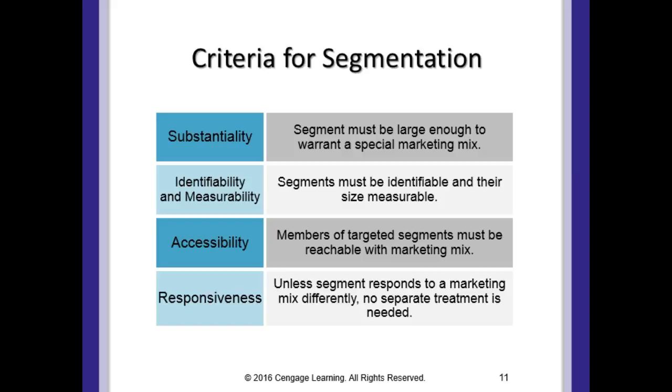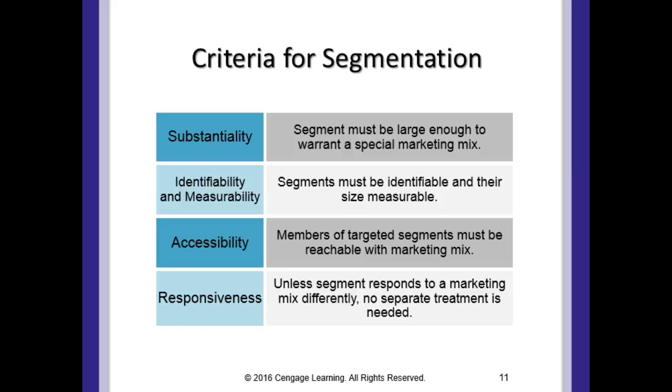So you can see exactly how each of them are broken down there, but just remember that the reason that you're segmenting markets and using these criteria is so that you can identify groups of customers with similar needs, similar wants, and then